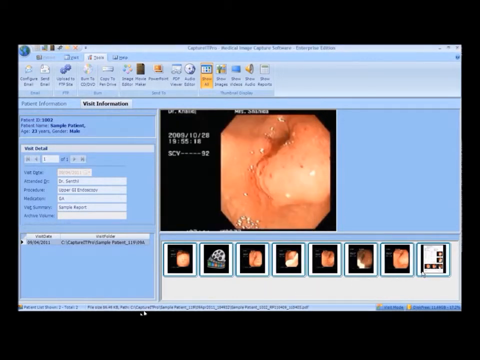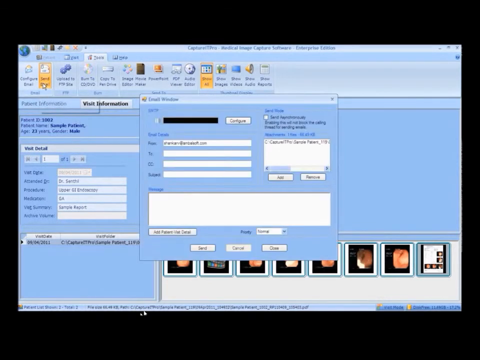Send mail. For mailing purposes, click Send mail. Enter the email details.